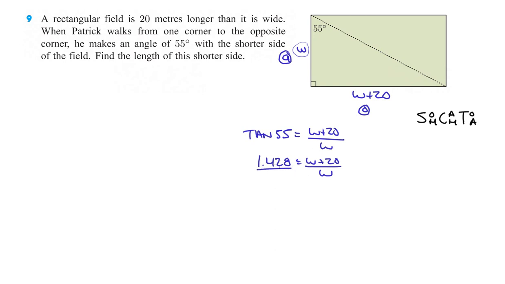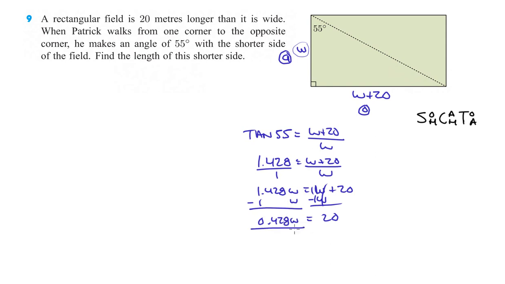Okay? So now what we could do is put this over 1 and then do cross products. So 1.428 times W is 1.428 W, and that's going to equal 1 times W plus 20. 1 times W plus 20 is simply W plus 20. So we've got W on both sides and then only a 20 on the right side. So I'm going to subtract a W here. That's really subtracting 1 W, because these are ones. So we know that 20 is going to equal